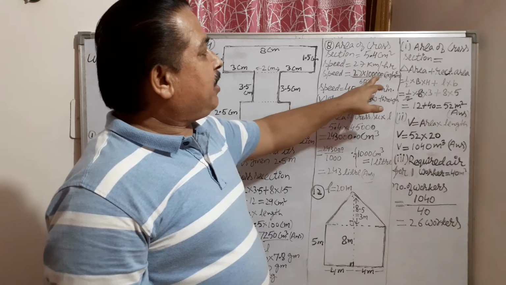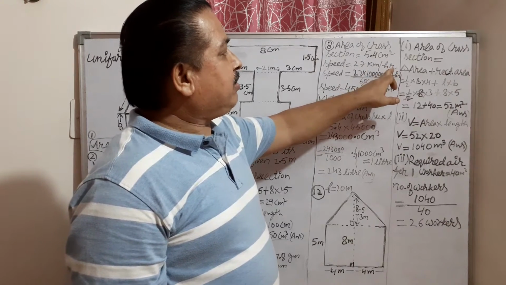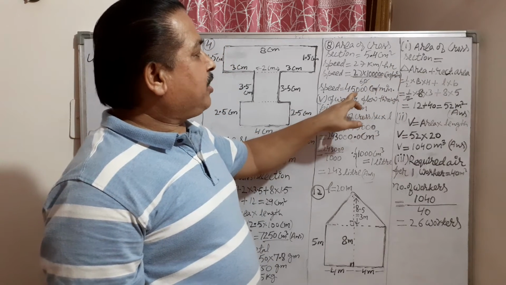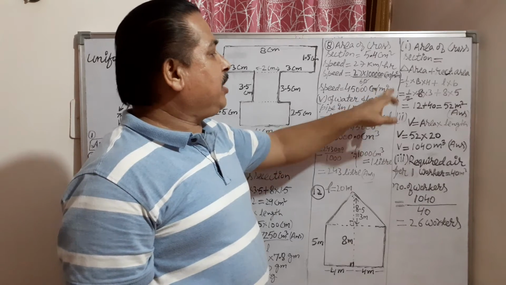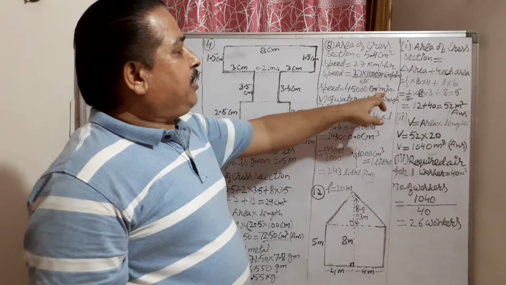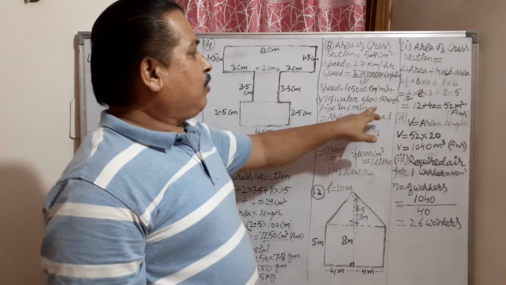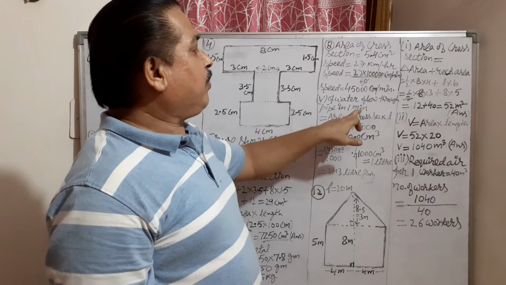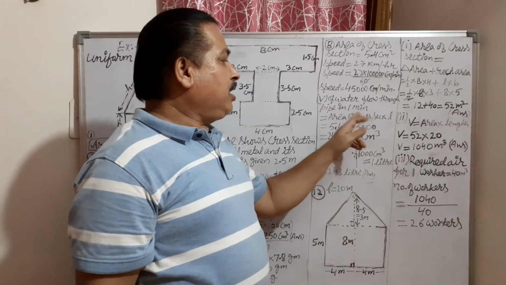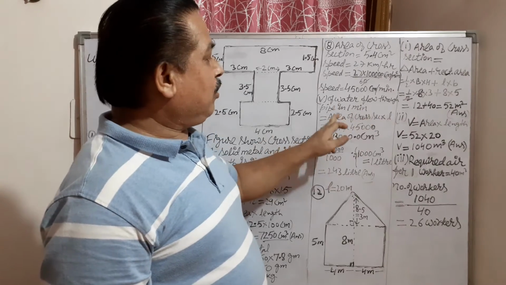So 27 multiplied by 1 lakh. So this becomes centimeters. Similarly, change hours into minutes. Divide by 60. So it will come to 45,000 centimeter per minute. This is the new speed in centimeter per minute. Now find the volume of water flowing through the pipe in 1 minute. They are asking the volume of water flowing through the pipe in 1 minute. So area of cross section multiplied by length. This is the volume formula, you know.